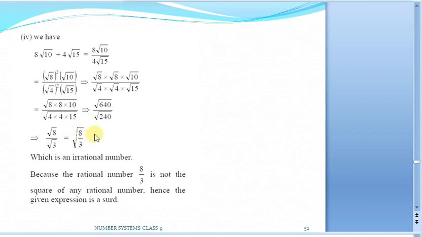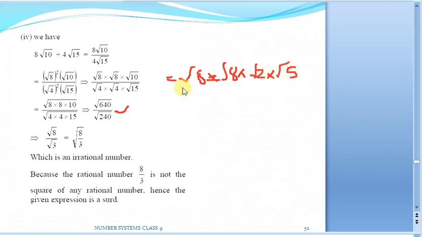Even if you simplify further, there is no need to get back to this form; we can simplify the things further here itself. Suppose this is nothing but root 8 into root 8 into root 8 into root 10. Can I write root 10 as root 2 into root 5? I am just taking it to the simplest form.